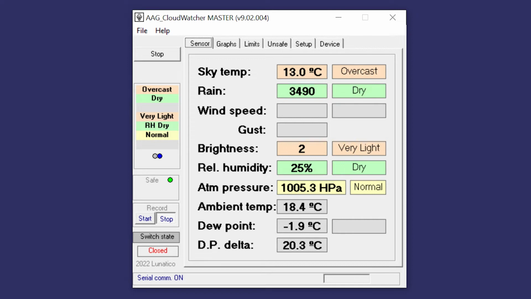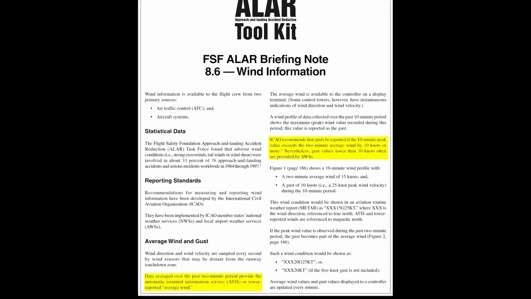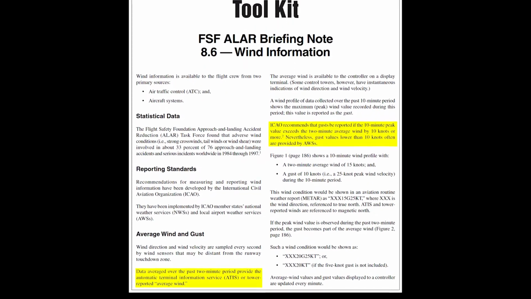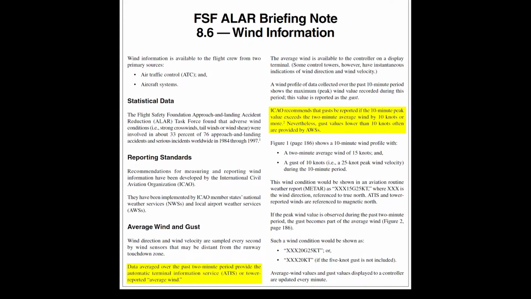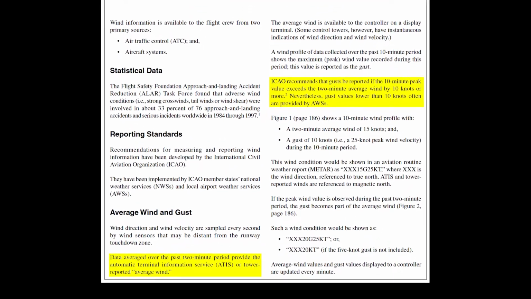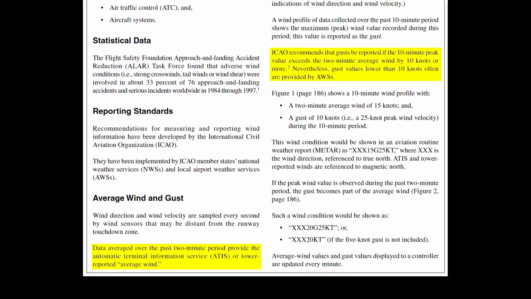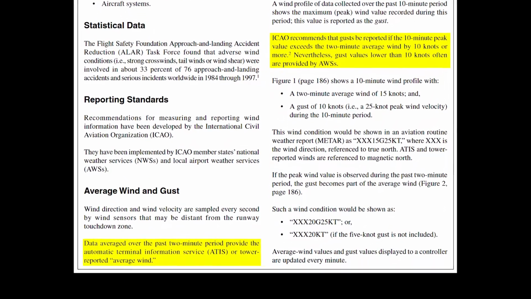You can see that some of the values are coloured and have a subjective description on the right. We'll learn more about this when we look at the Limits tab. Users of the anemometer will be interested to know that we've decided to standardise the wind measurements in line with the International Aviation Standard for reporting airport winds to landing and departing aircraft. This gives the average wind over a 2-minute period and the maximum gust in the preceding 10 minutes.